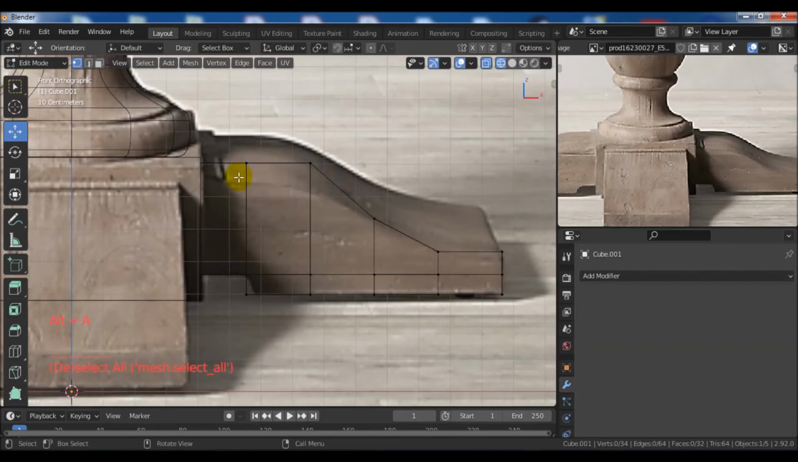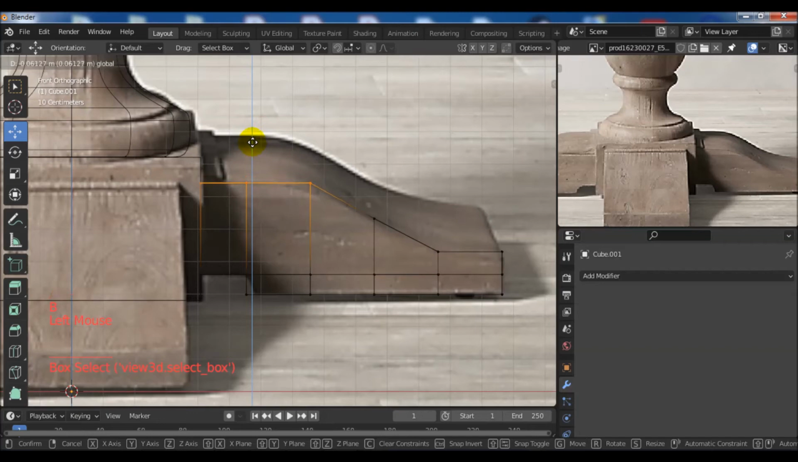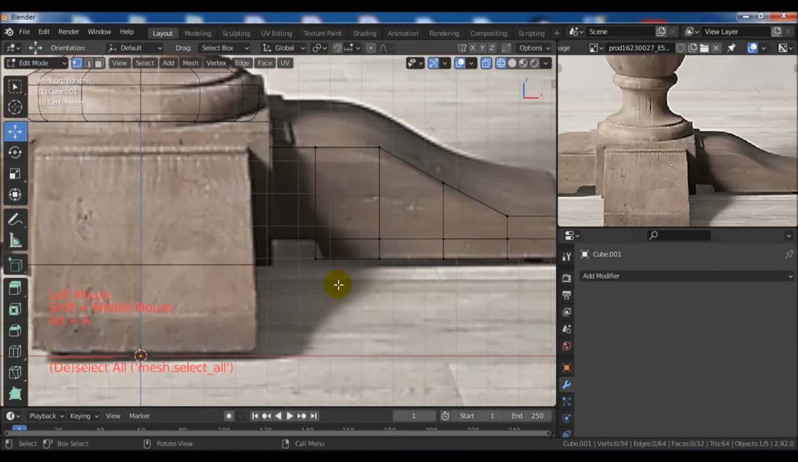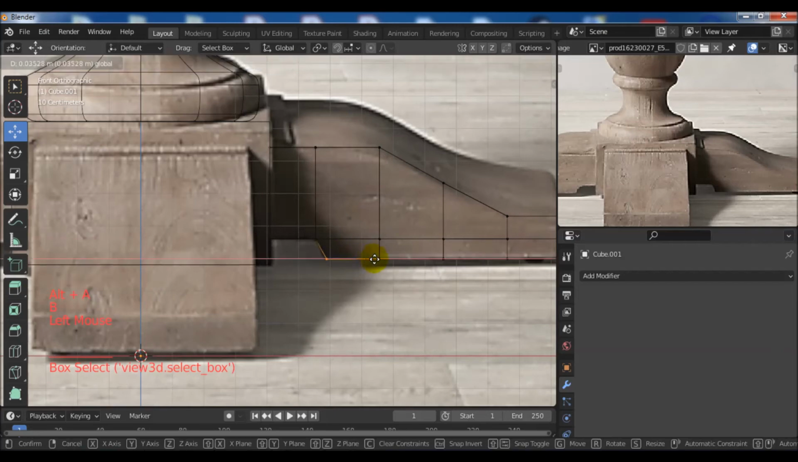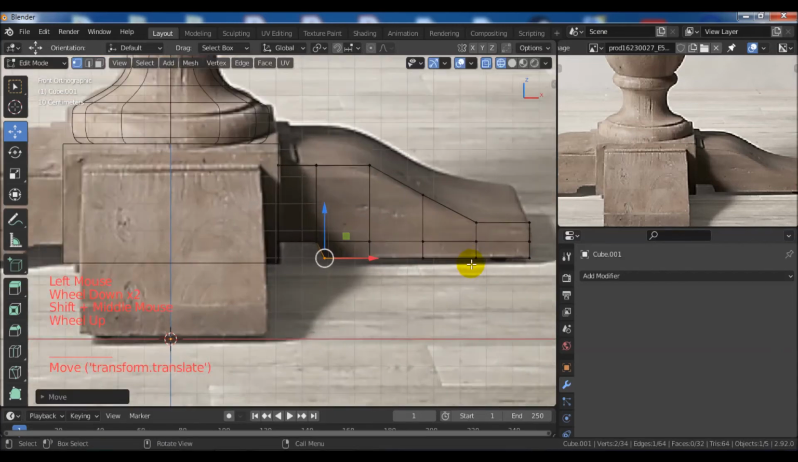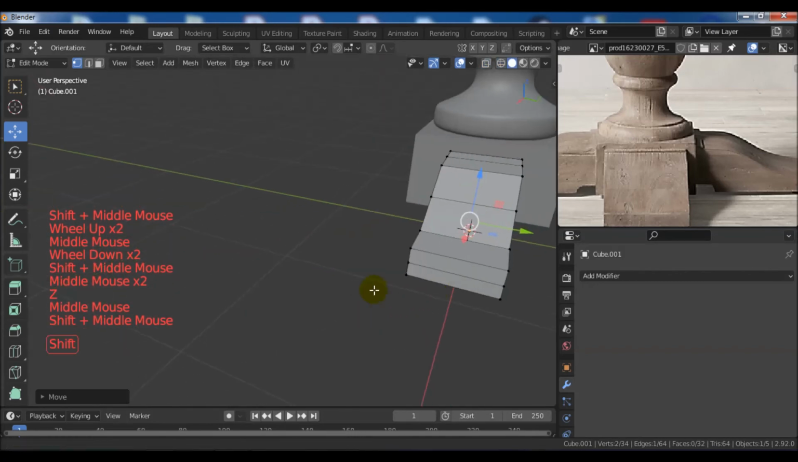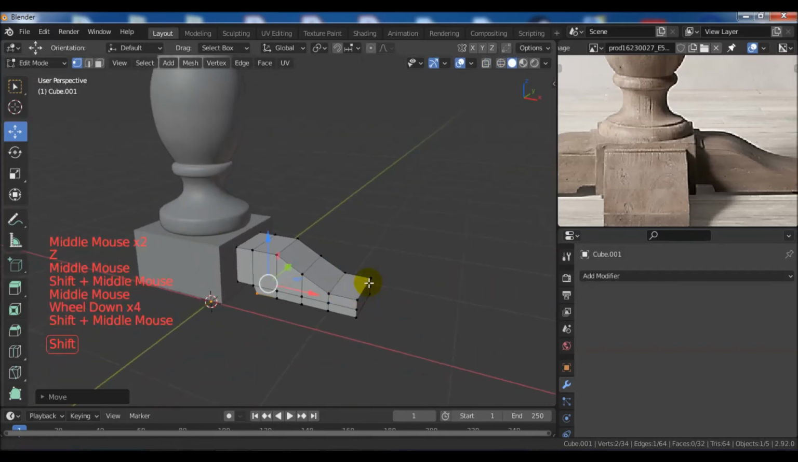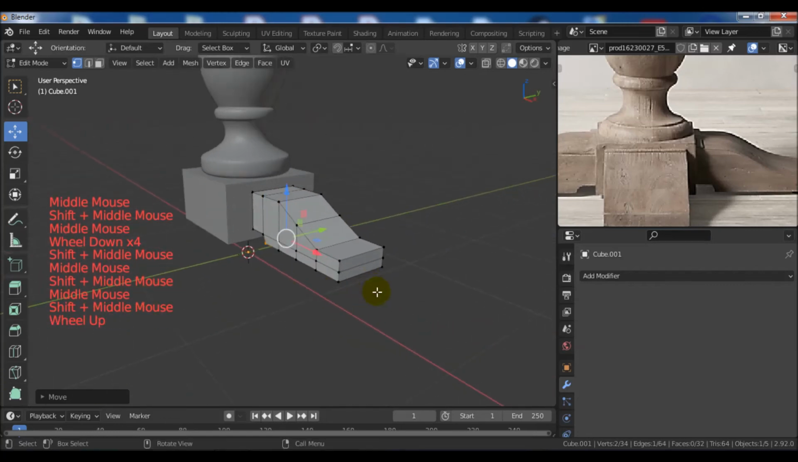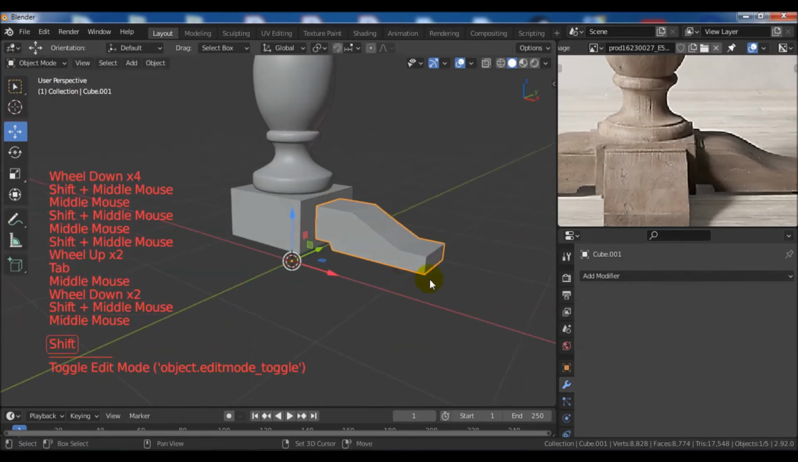Deselect these vertices and select all these vertices and move them down on the Z axis like this. Deselect all the vertices, select these vertices with the box selection tool and move them on the X axis like this. Okay, now you can see the shape of the piece here. Go to the object mode,